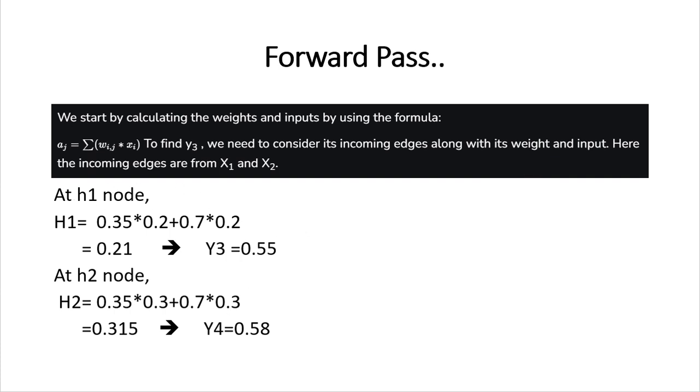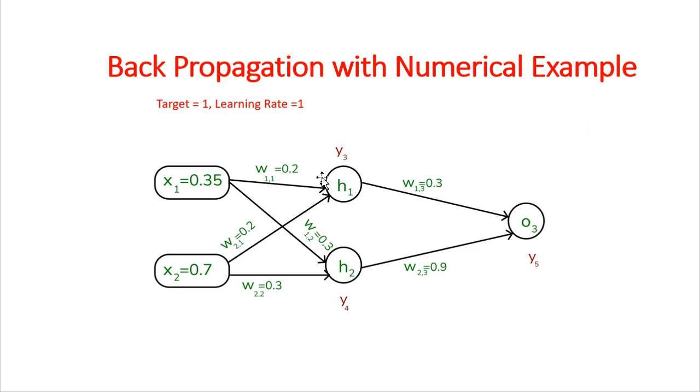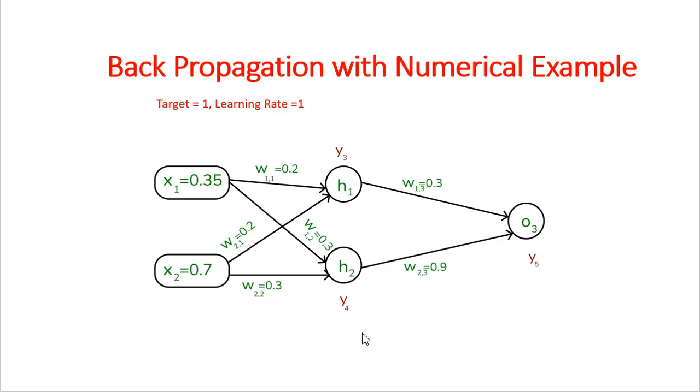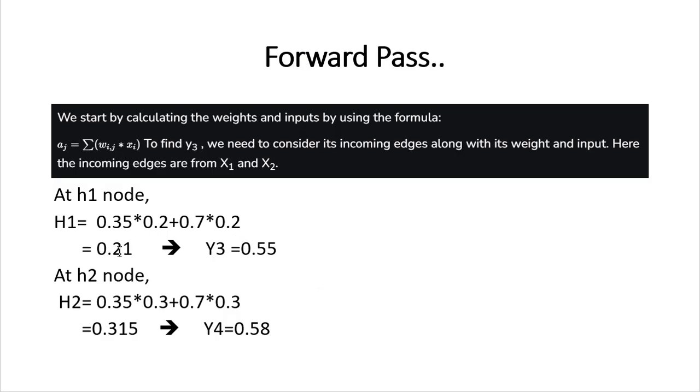So x1 and x2. We have to calculate it first at h1. While calculating at h1, we already know the formula: x1 into w11 plus x2 into w21. So that is the formula we have to use: 0.35 into 0.2 plus 0.7 into 0.2. After calculating this, we'll get 0.21, and after that we need to apply the activation